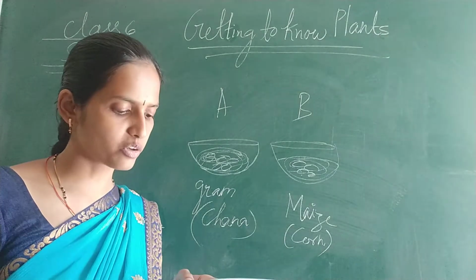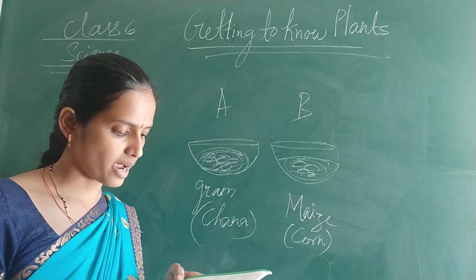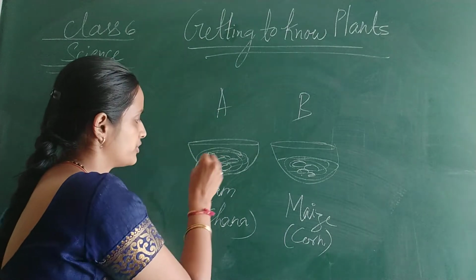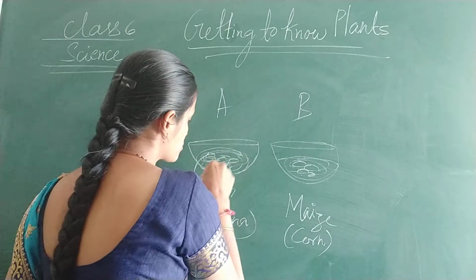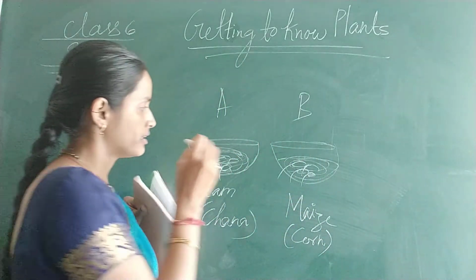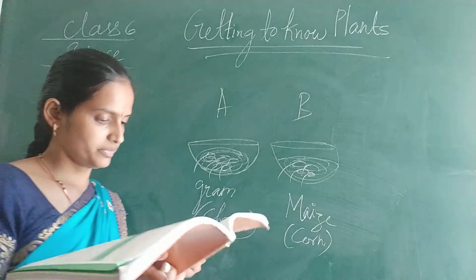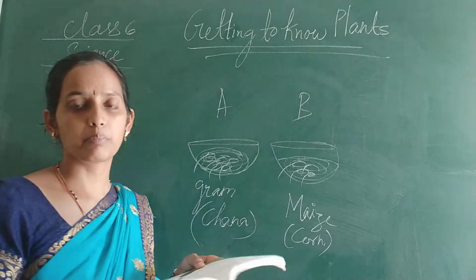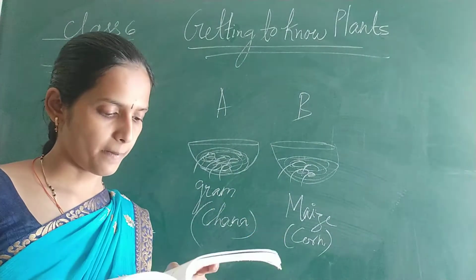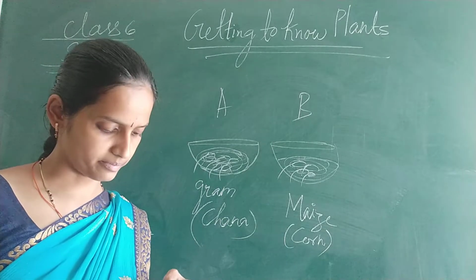until the sprouts have grown into young plants. After a week, try to separate the young plants from the cotton. After some time you can see the growth of the roots, and the outgrowth or sprouts. It's a small white outgrowth you can see from the seeds. So the sprouts have grown into young plants. After a week, try to separate the young plants from the cotton.